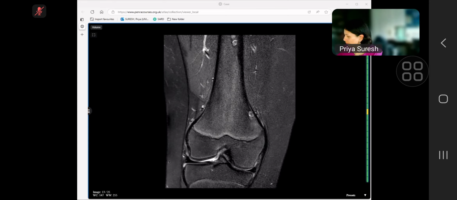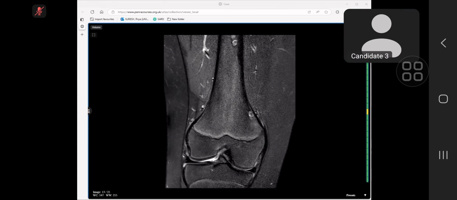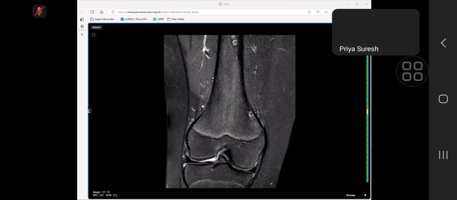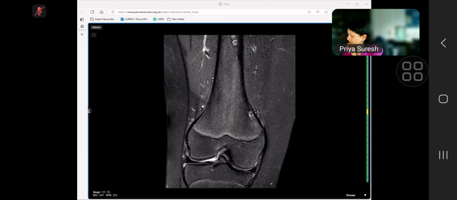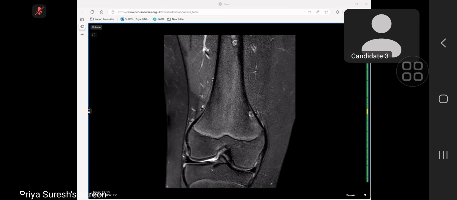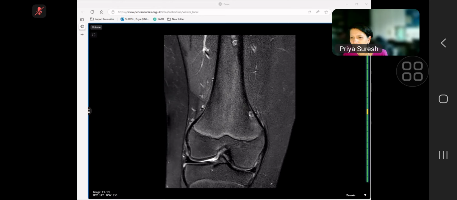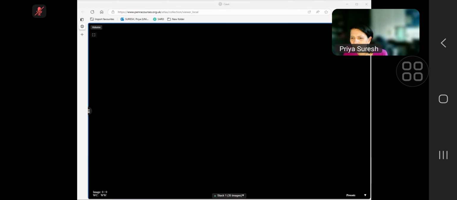I will inform my findings to the referring clinician, and I will keep the patient on follow-up and compare if any previous imaging is available, and we'll refer the case to the orthopedic if there is any symptom. The next patient